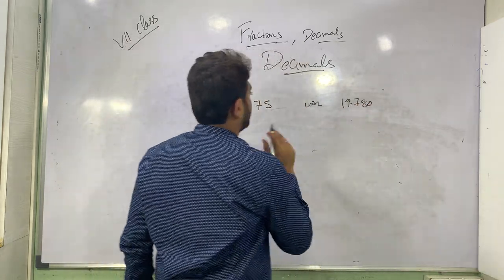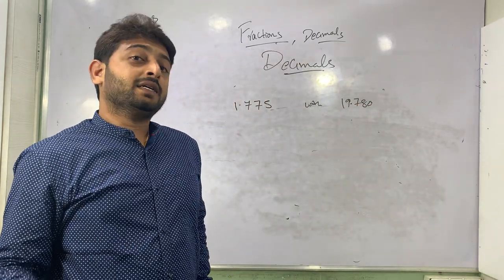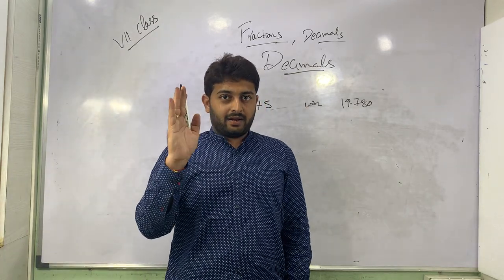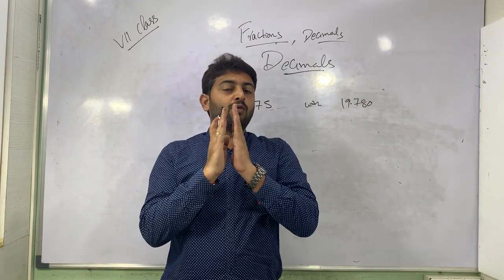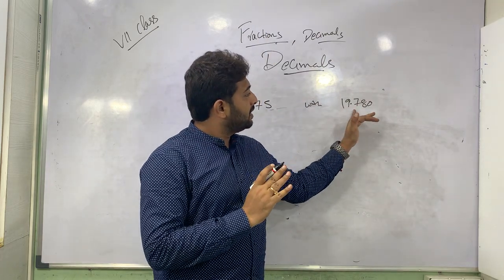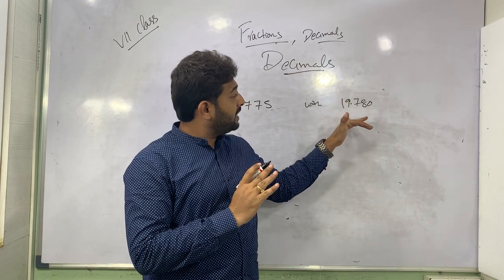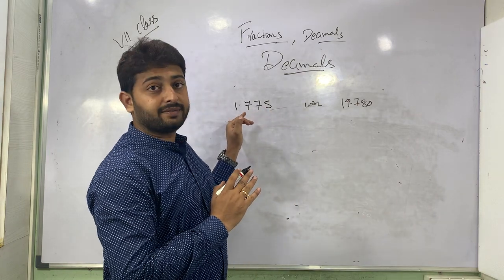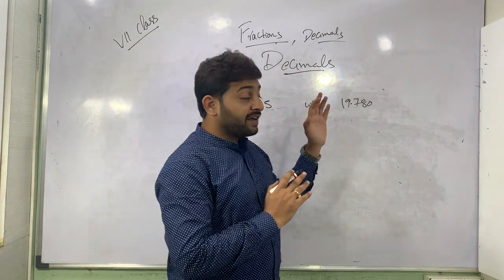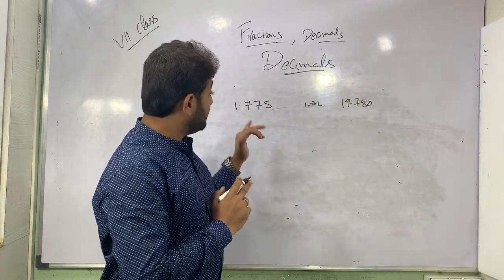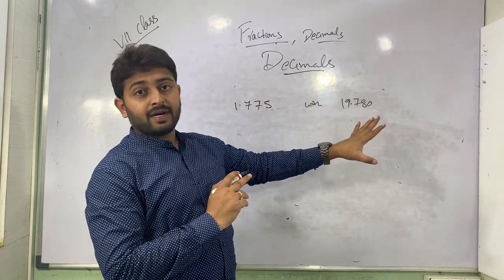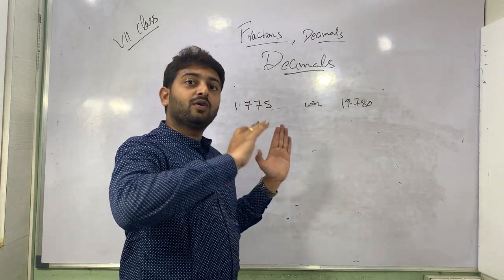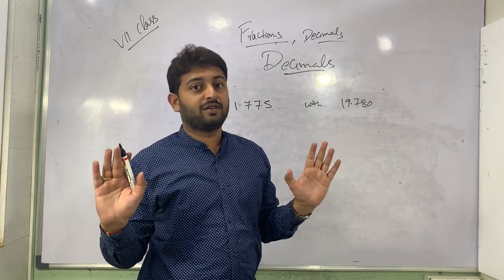Over here, which is greater? There is one more point you need to remember. The movement goes like this. Before the decimal point, if there is a bigger number, that will be the bigger number. Then when you are comparing after the decimal point, whichever is a bigger number will be the bigger number. So first you need to go with the left hand side, then you can go right hand side of the decimal point for comparison.